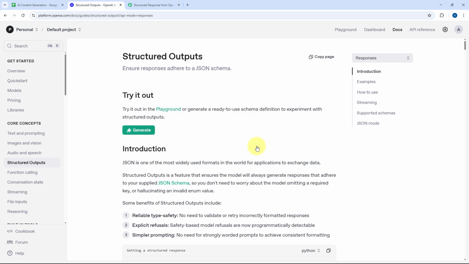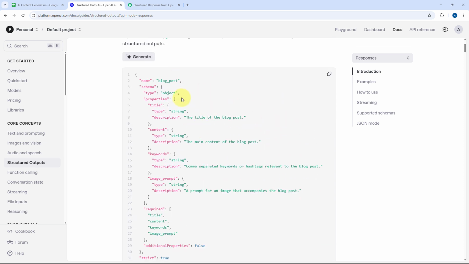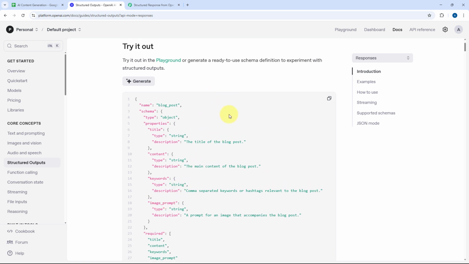And as you click on create here, you can see within few seconds, a JSON schema will be created. And here it is. In this JSON schema, you can see it has included the same fields over here. So we have the field of title, then we have the field of content, then we have the field of keyword, and also the image prompt. So in this way, just by using OpenAI's another feature, you can generate the JSON schema,